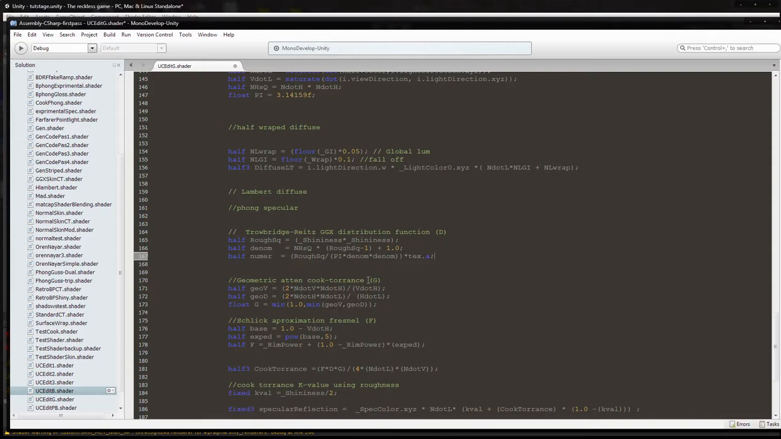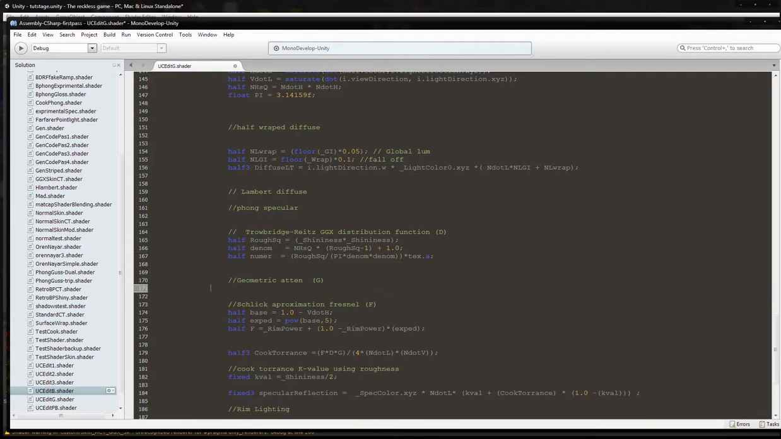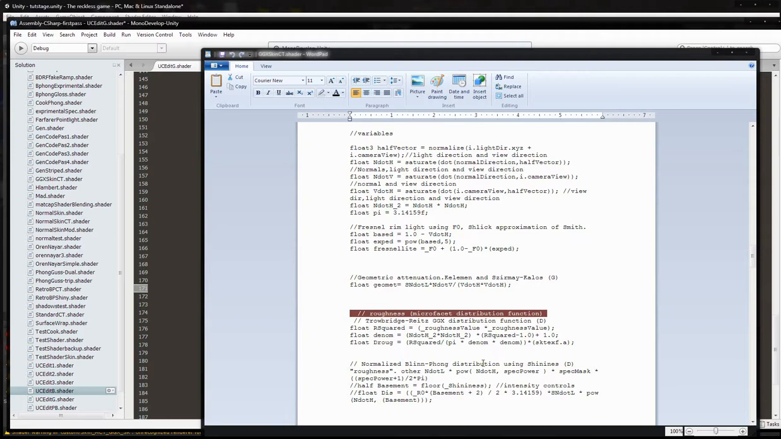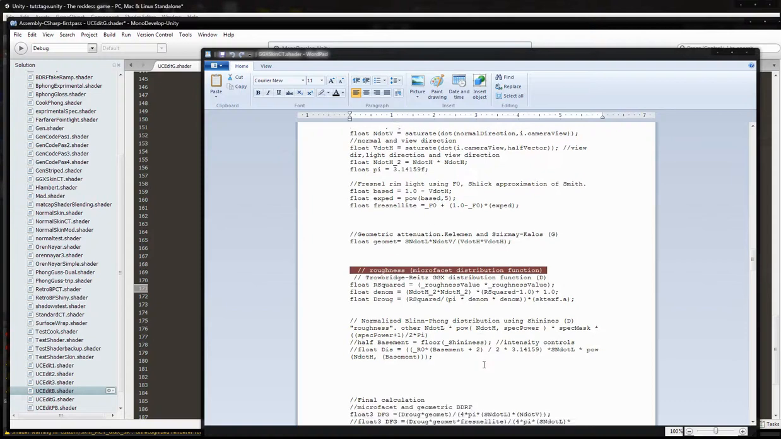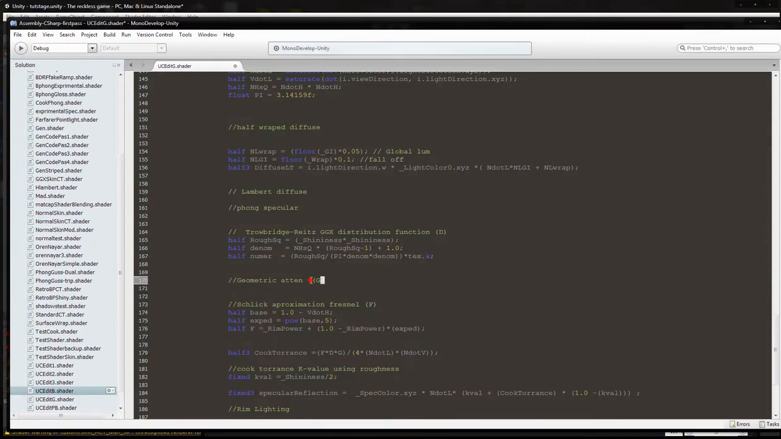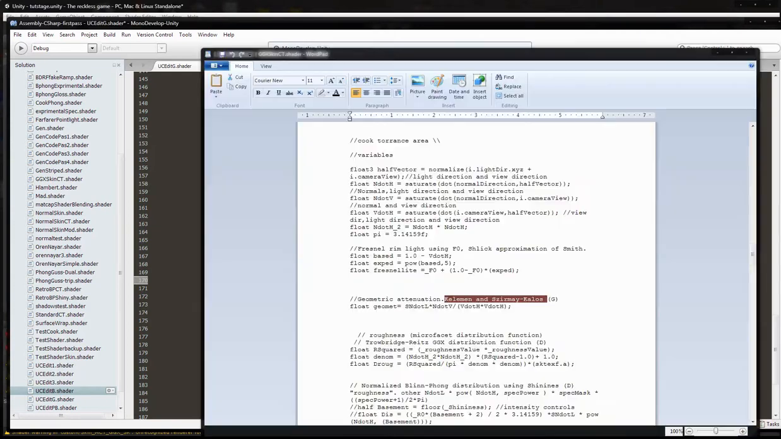So now we're going to remove the Cook-Torrance geometric attenuation function, because it doesn't seem to play well with the GGX distribution function, so we're going to use another one. Not sure how to pronounce this name, so I'm just going to try Kelemen-Szirmay-Kalos geometric attenuation function, and it is simply just